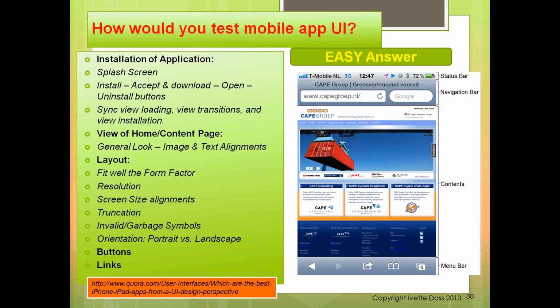So when you first turn on the computer, some science command, this logo, and maybe some trademark name or application name. It's called a splash screen. But we already start our testing, usability testing. During installation, we start to check not just a button to accept and download, open, uninstall, but we also have some graphical representation of how the download process proceeds. Is it active? Sometimes it's a green or color bar or some jumping bar. But it always shows you. So this is one part of your usability testing.